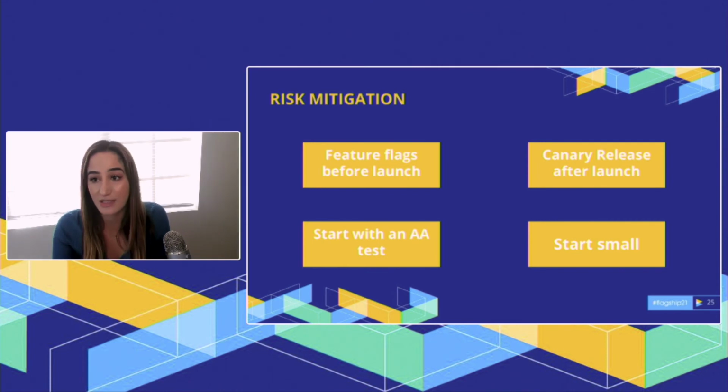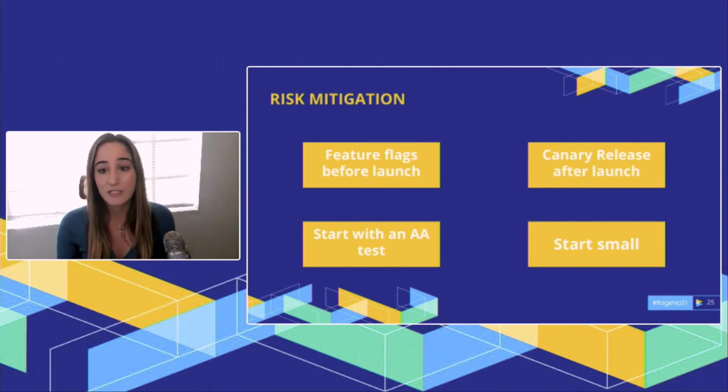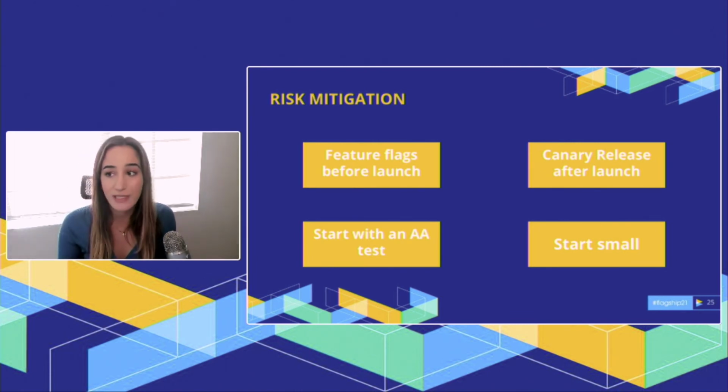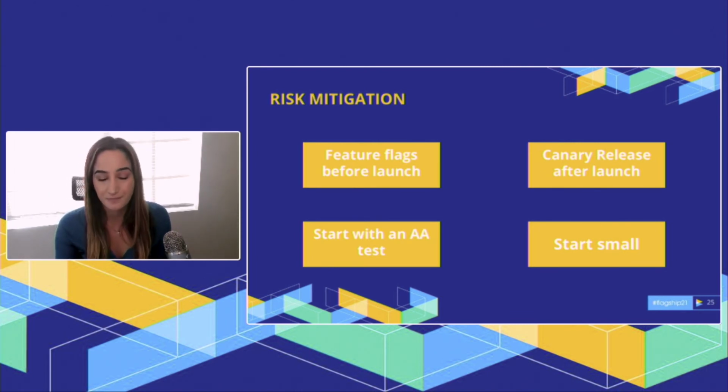So there's a few things that you can do. The first, like we talked about, use feature flags, target your internal teammates, test with them, and then turn the feature flag on when you know that your feature works in production. Next, you want to use a canary release after you launch. And what this means is it's just a percentage rollout. So this allows you to release your feature to a small subset of users before you release it to your entire user base. And so this is great because if something does go wrong, would you want 100% of your users to encounter the issue or 1%?